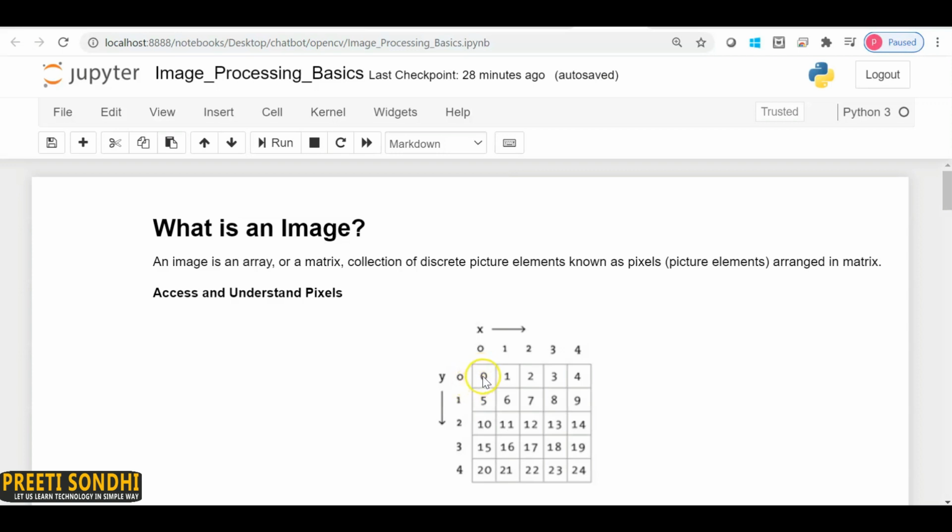Now it starts from 0, 0 and ends here, at width minus 1 and height minus 1. So if you want to access any particular pixel from this image, you can do that using its rows and columns.